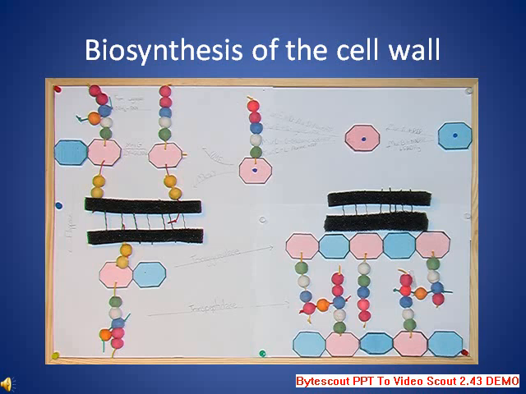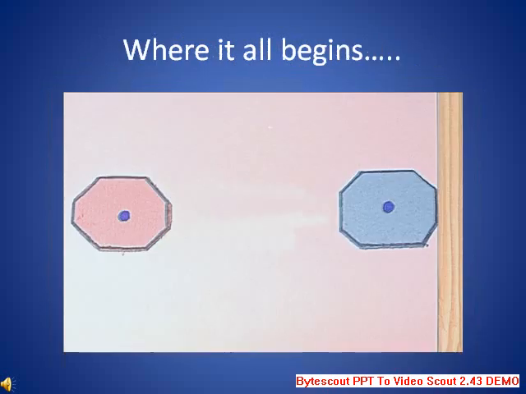In order to explain the bactericidal action of penicillin, first, the biosynthesis of the bacterial cell wall has to be illustrated. The bacterial cell wall is made up of layers of peptidoglycans. The cytoplasmic steps of peptidoglycan biosynthesis begin with uridine diphosphate N-acetylglucosamine, or